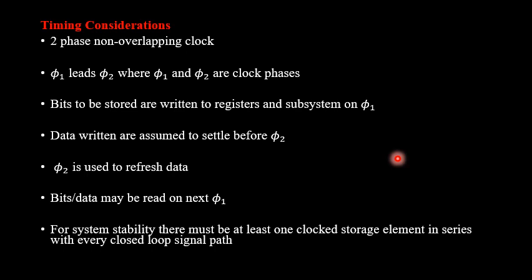while considering the concept of timing. As we already know, when it comes to timing, there will be clock phases or clock signals that we are going to apply. In this particular case, we will have two distinct clock phases or clock signals, designated as phi 1 as well as phi 2. Whenever I am using more than one clock signal, I have to ensure that the clock signals are non-overlapping in nature. So here we are considering two clock phases, phi 1 and phi 2,